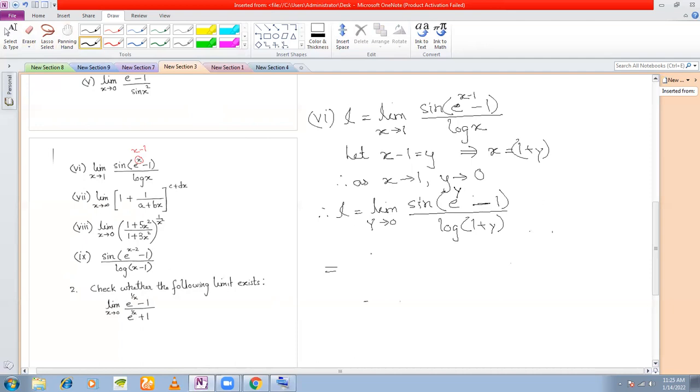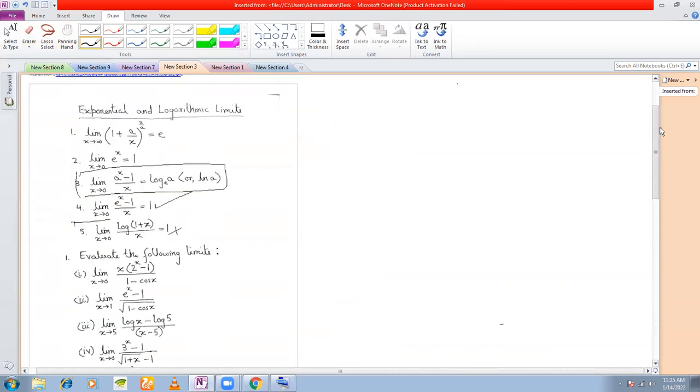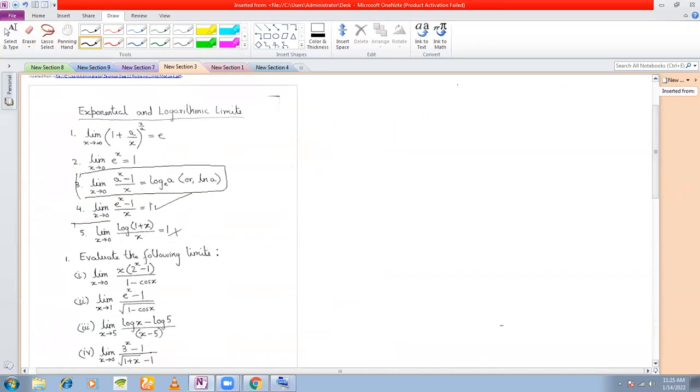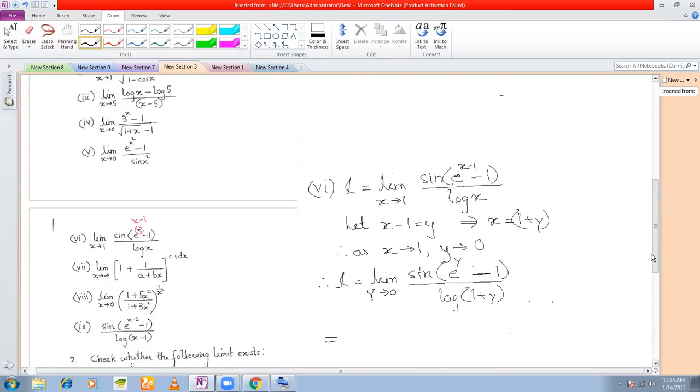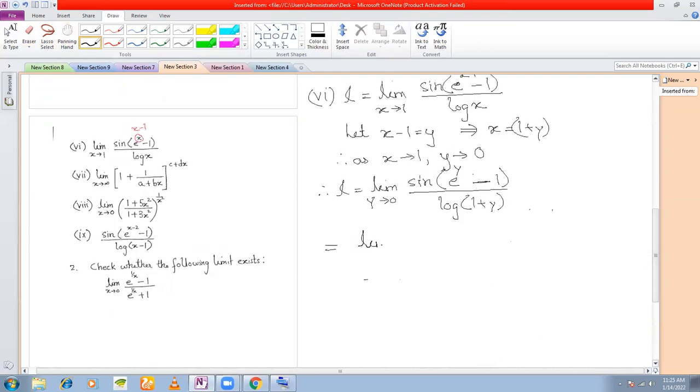Now what is missing in the numerator and denominator? Look at the standard limits. e to the power of x minus 1 by x, and in the denominator you have log 1 plus y, so log 1 plus x by x. What is missing in the numerator and denominator? A y is missing. e to the power of y minus 1 by y. In fact, in the denominator only y is missing, but in the numerator e to the power of y minus 1 is missing. But let's see how to deal with this.